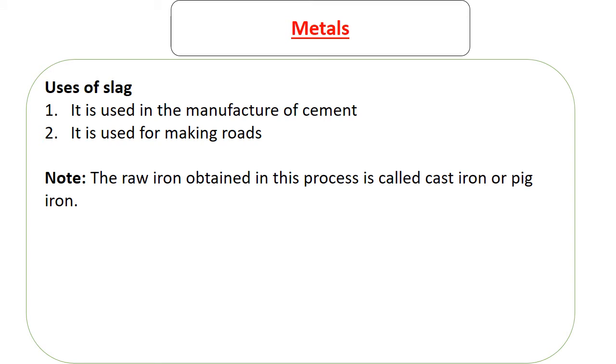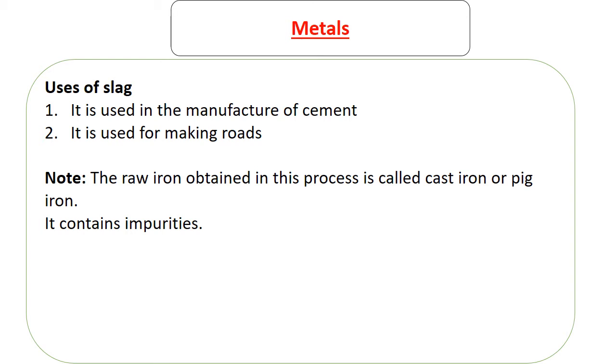Now, one thing to note is the raw iron obtained in this process is called cast iron or pig iron. Despite not having silicon dioxide, it contains other impurities. Despite being able to remove silicon dioxide by the blast furnace, it contains other impurities. So depending on the usage, you can use it in its form as a cast iron, or you can do